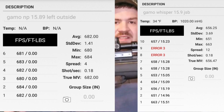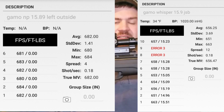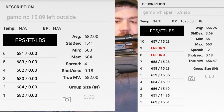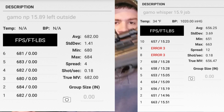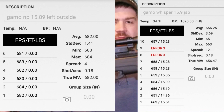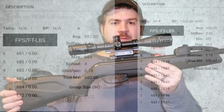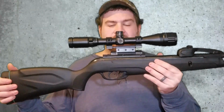That is crazy. 682 feet per second on average, where I was getting about 655 feet per second in warmer temperatures outside when I first got this rifle. And as you know, with the 15.89 grain in a video that I did on STKO right out of the box, this rifle is unbelievably accurate out to 155 yards. So with that said,